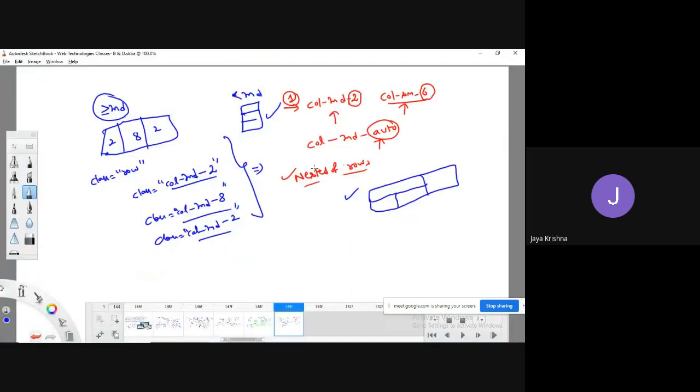This way we can use the concept of the grid system. With the help of this concept, you can implement all the examples that I have explained with Flexbox also, which you can do as a task. I hope you understood this concept clearly. Thank you.